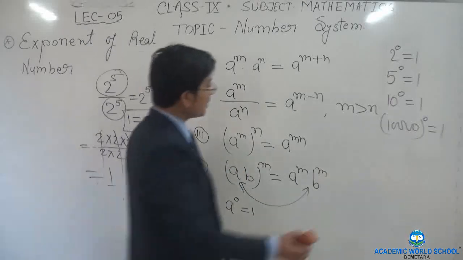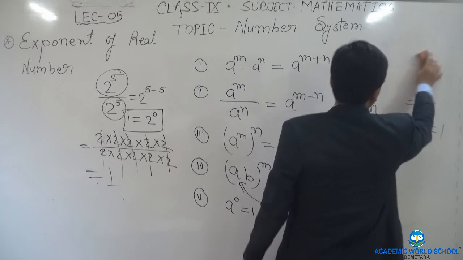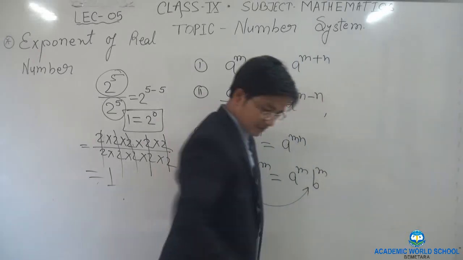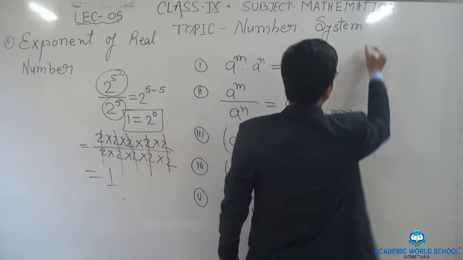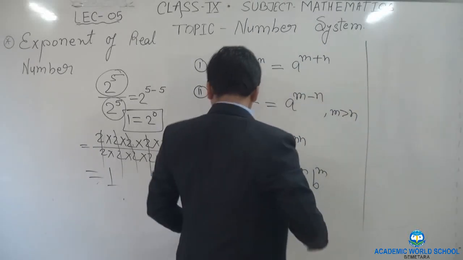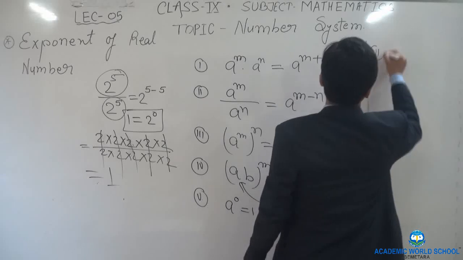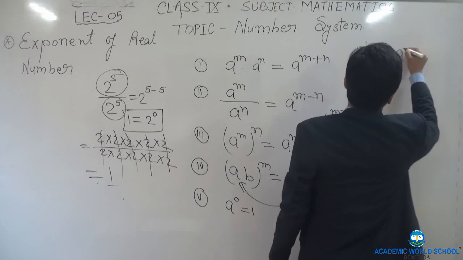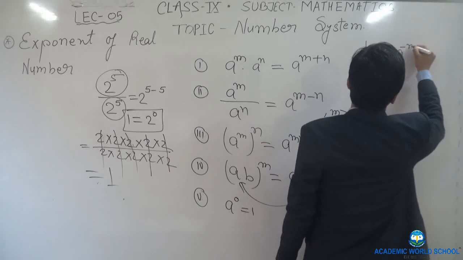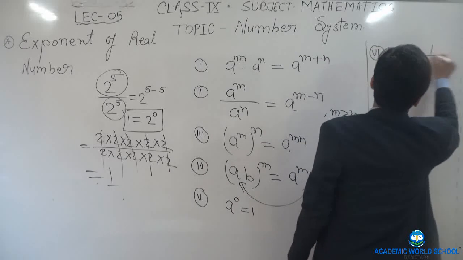Now the next law is, I am writing here smaller one, m is greater than n. Now if I will be writing a to the power minus n, so this is a to the power